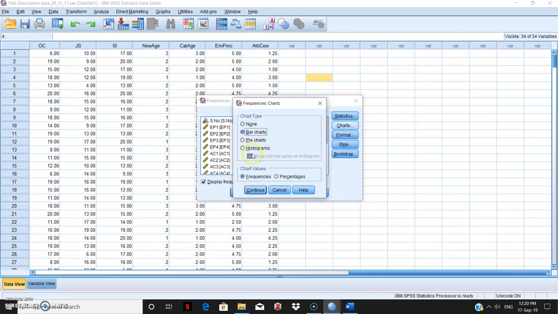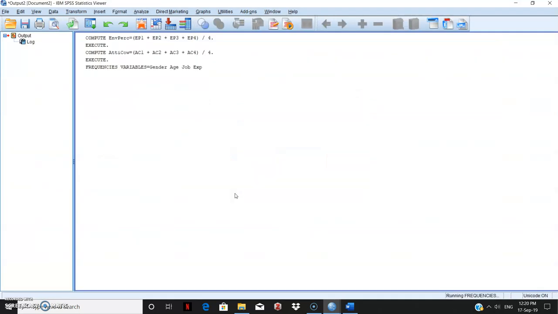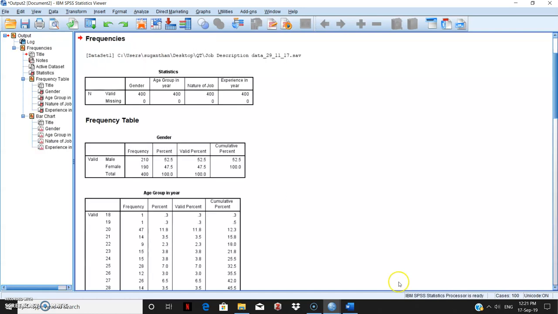I can get a bar chart or a histogram. So I say OK. You can see how the calculation is being done, and you get the frequency distribution.